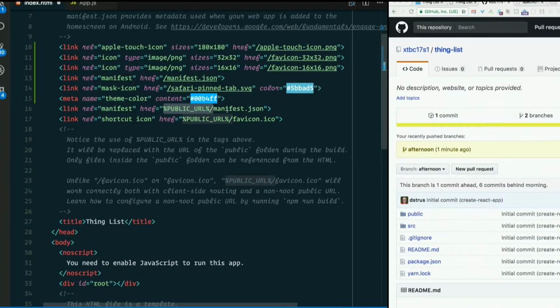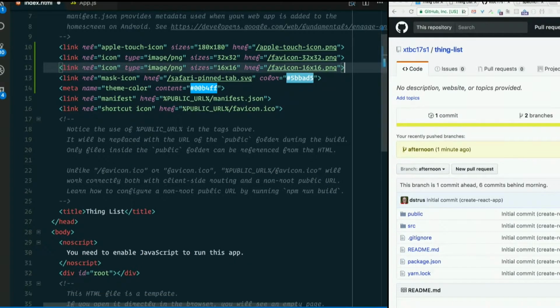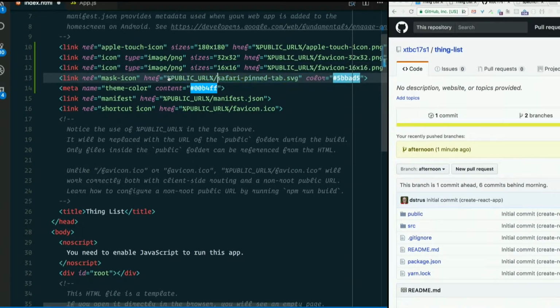So you'll notice manifest and favicon are already there, so we can get rid of manifest JSON from what we copied, and we can get rid of favicon if it's there, it's not. So go ahead and copy %PUBLIC_URL%/ and paste over the / that's already there on these. Now I'll go ahead and